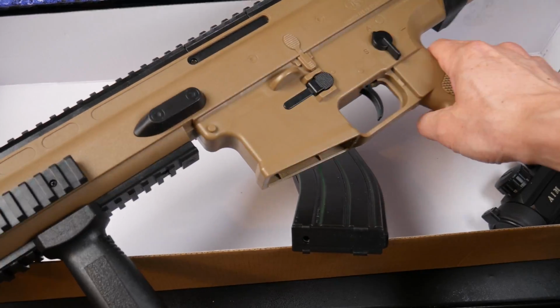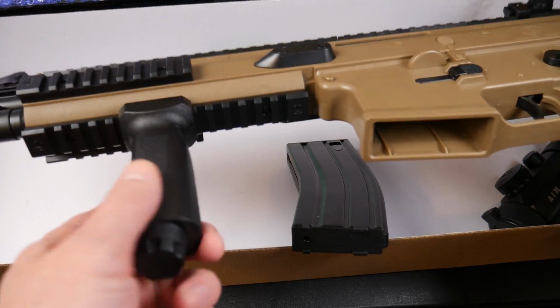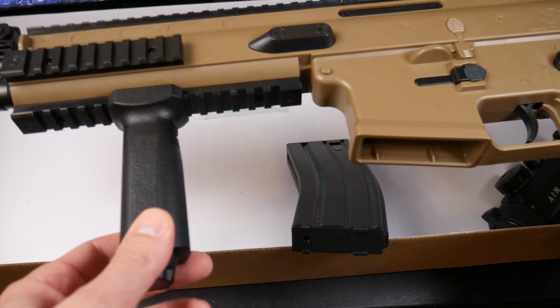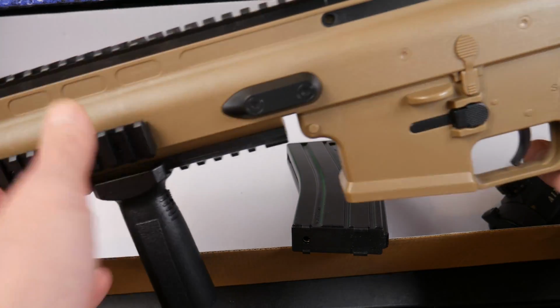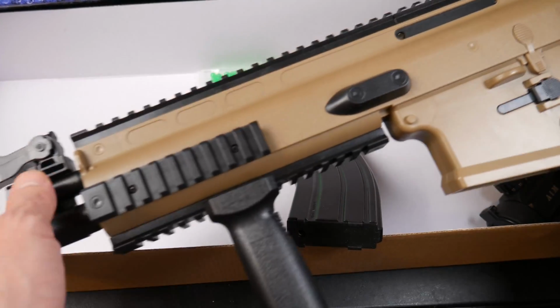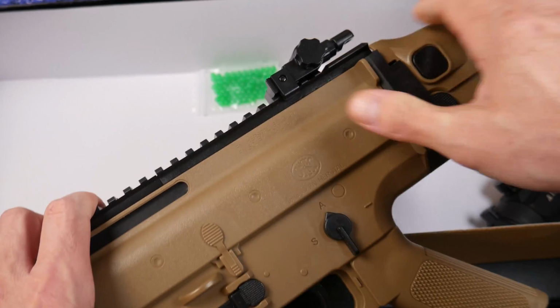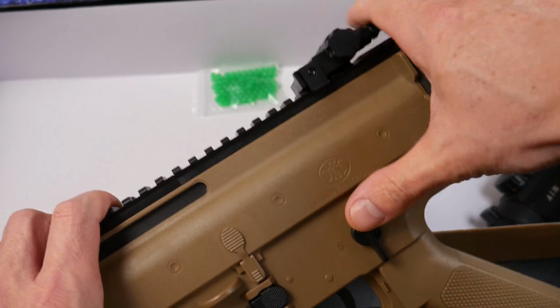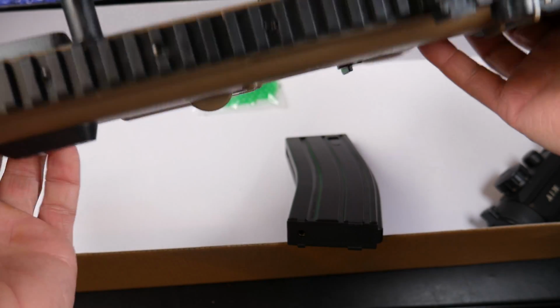But I just want to have a quick look here. I like all the rails they put on this. There's a vertical grip right here. It's a little wobbly. We'll see about that. On the side here, all the way across the top, they have fold-up sights. Do I want to use the fold-up sights that come with it, or should I use the red dot? Maybe both. We'll see. On this side, we're looking at an ambidextrous